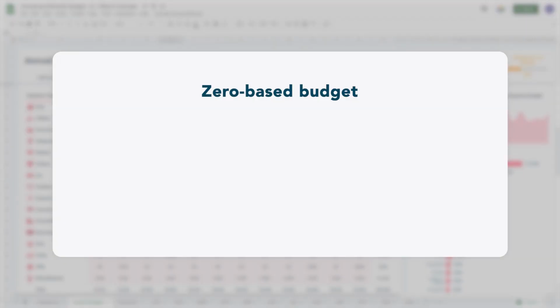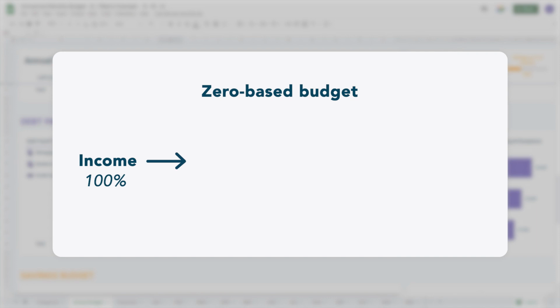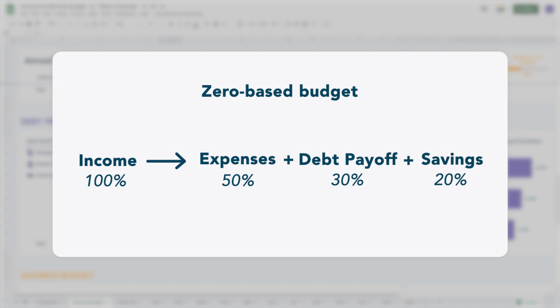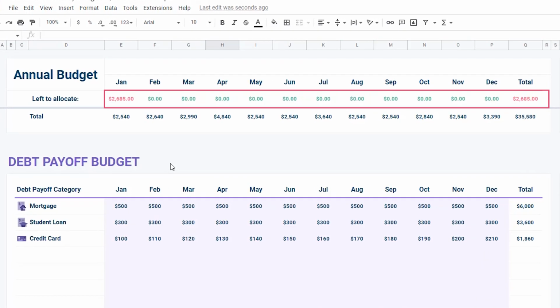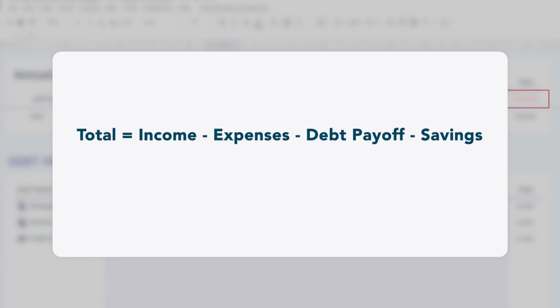This annual budget is a zero-based budget, meaning 100% of your income needs to be allocated to the 3 other types of transaction: expenses, debt payoff, and savings. To help you allocate all the money available, there are totals on the top row of this tab. This total is your income minus expenses minus debt payoff minus savings, and the goal is to make this total